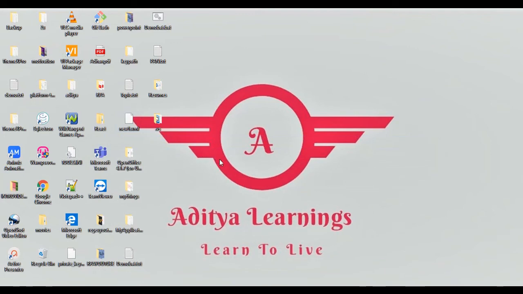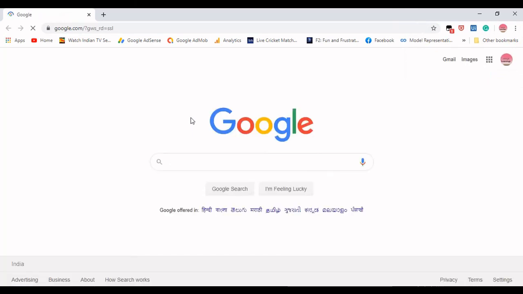Now you can see the operation. First it is opening Google. Now it has opened google.com. Now it needs to navigate to Flipkart. You can see it is navigating to flipkart.com.